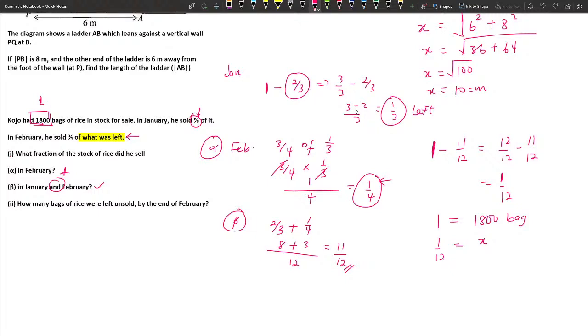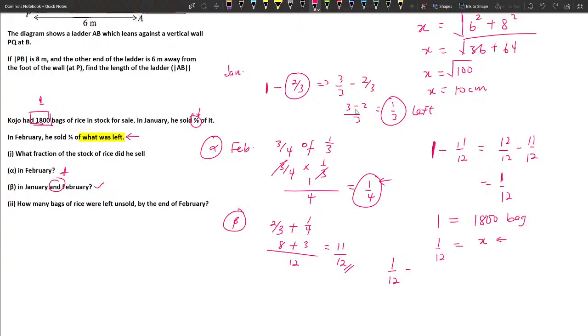It simply means that we are going to be doing if more or less divide. How do you do if more or less divide? If one whole gave you 1,800, then a fraction of 1/12 should give you less. If less, more should divide. Which one is the more? The more is the 1. So it becomes 12,